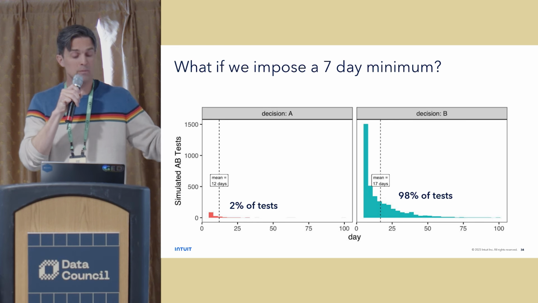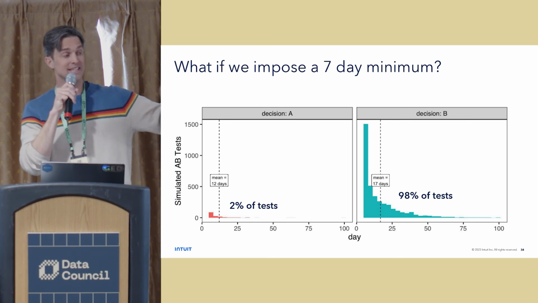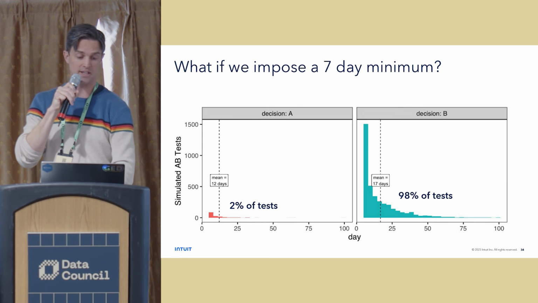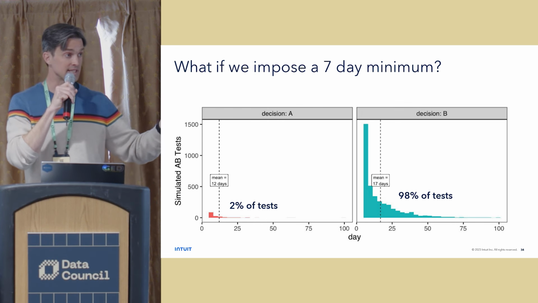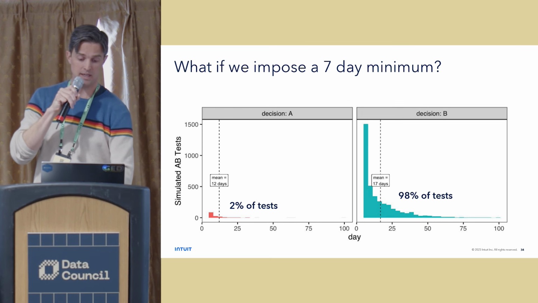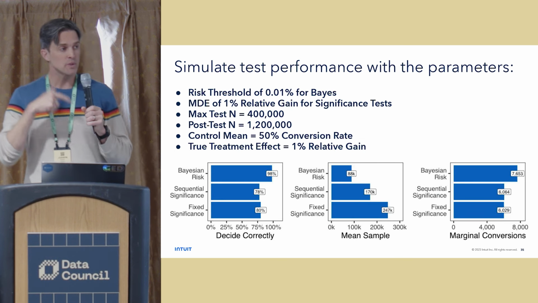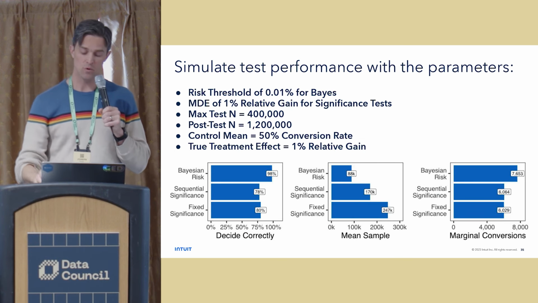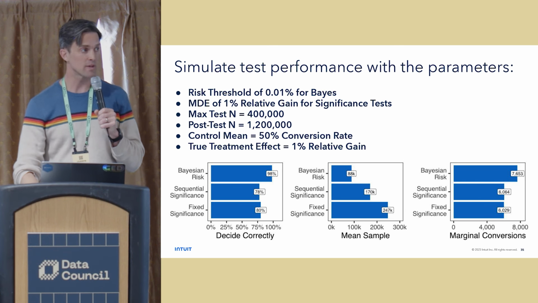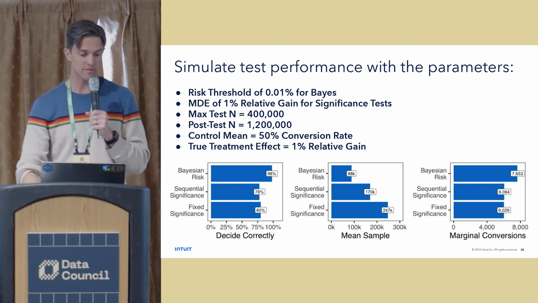And you can also see how much of a cost that incurred in terms of delaying your decision. Now I'm at 12 and 17 days, whereas before I was at 5 and 13 days. So a 6% increase in accuracy may be worth the trade-off. Doing this kind of simulated test performance at scale is a really valuable way to help know if this is worth something to invest in.